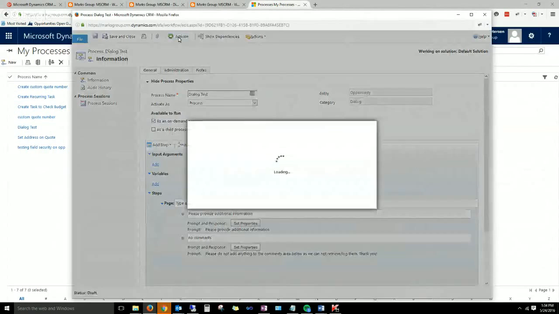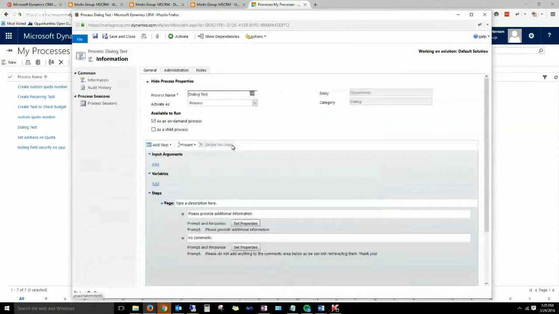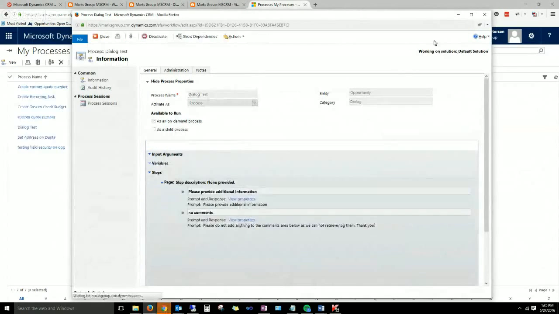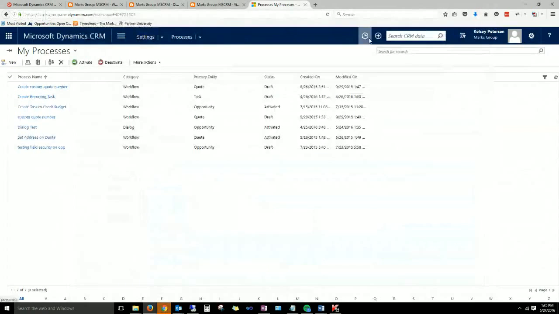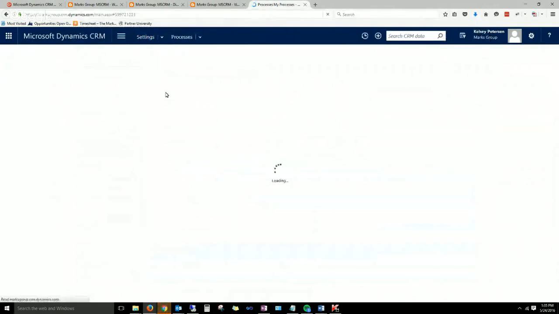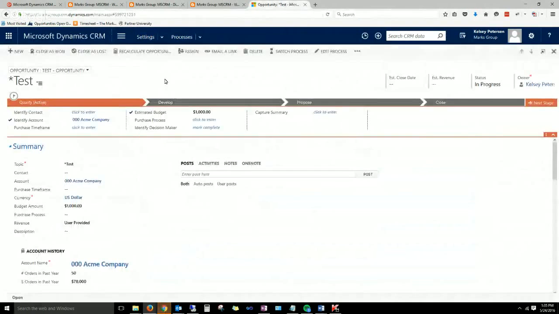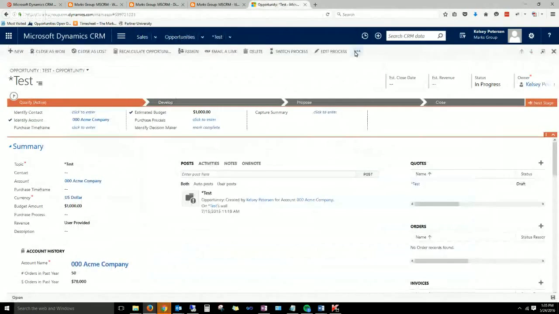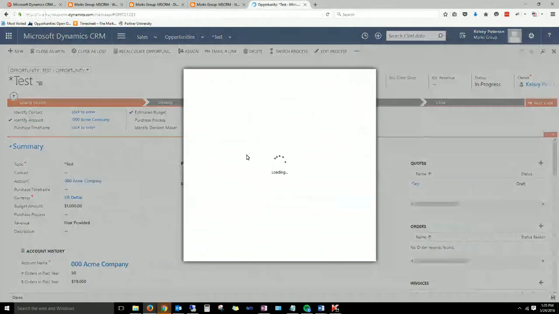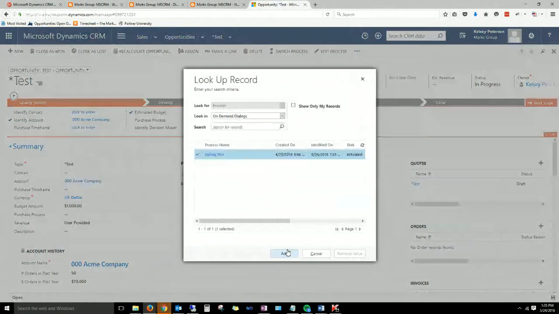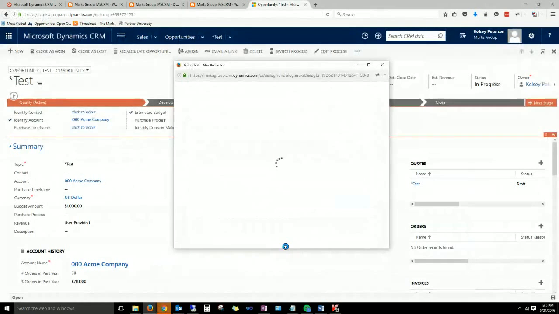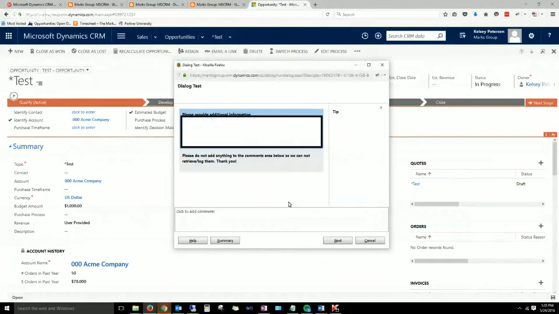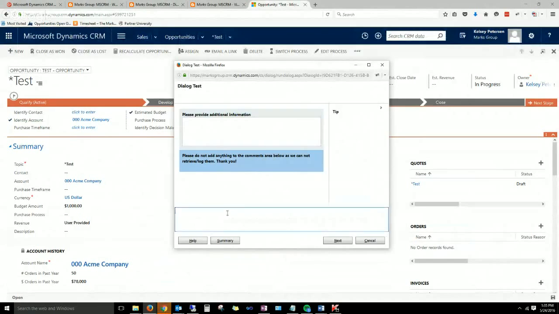There's a couple different areas. If you've worked with dialogues, and you probably already know this, on the dialog box, when it pops up, there's already a box where a user can add comments. So let's see, I'm going to start a dialog so you can see. This is the dialog screen that comes up when you create one. So down here in this area where it says click to add comments, that information is actually not